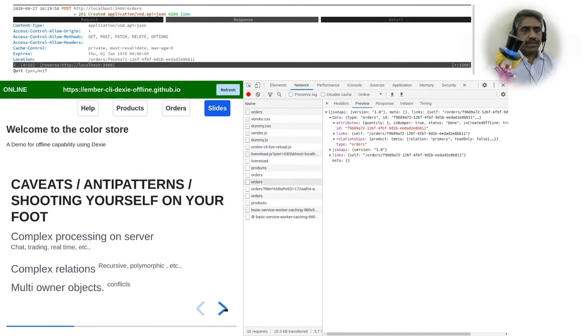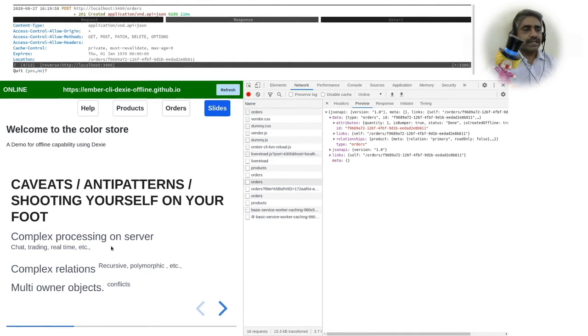Now, even though this add-on supports offline, it's not a solution for the entire offline world. There are a lot of caveats involved when choosing a solution like this. This page lists some of the examples where this add-on is not going to help us in any way.